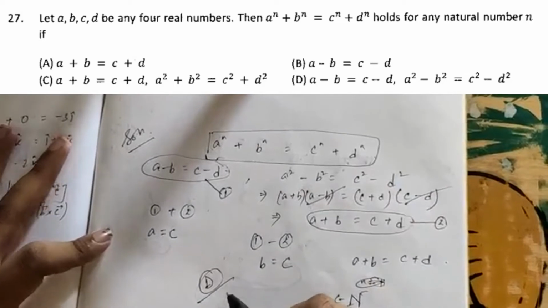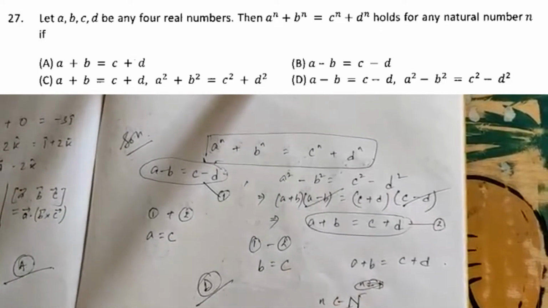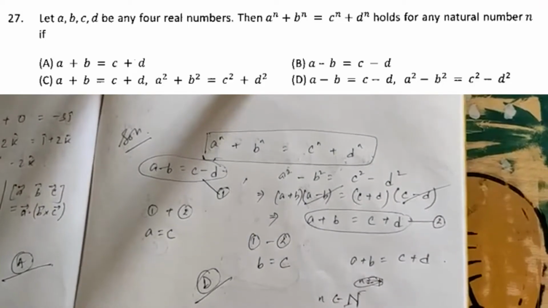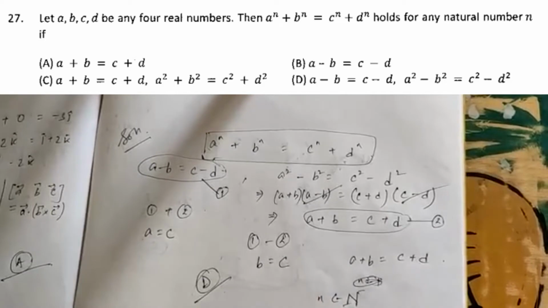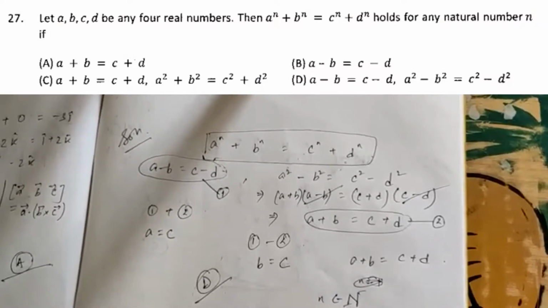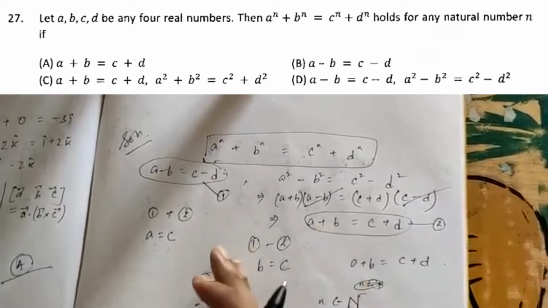In the actual exam, I am again telling you that you have to check all the options. If your luck is good in the exam, then option A will be correct, and then you don't have to check the remaining three. But if option D or option C is the correct one, then you can't know which one is correct, and you will have to check consecutively for options A, B, C